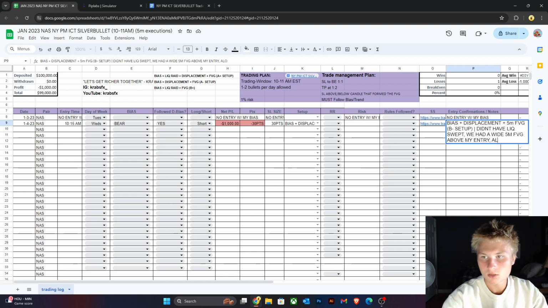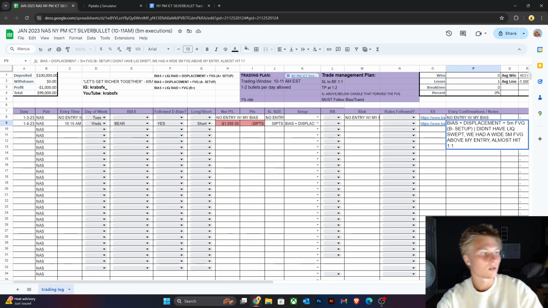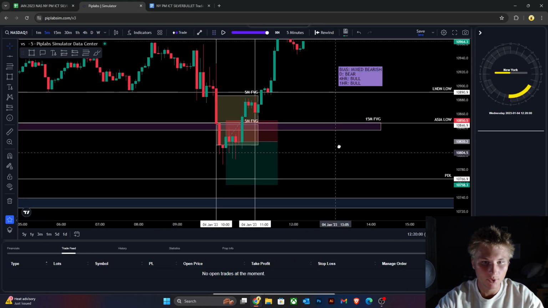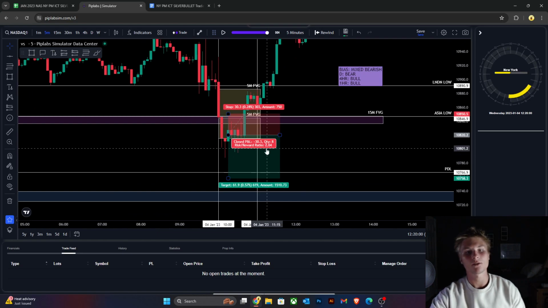We almost hit a 1-to-1 RR, so we almost were allowed to move stops to break even, but we just weren't allowed yet because we didn't move to break even. But yeah, rules were followed. I would say this is a valid trade though. We did get a little bit of profits here,